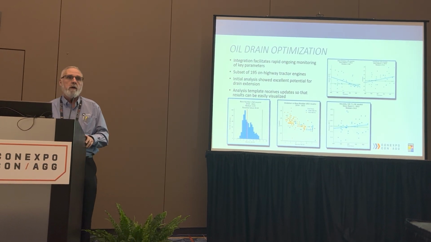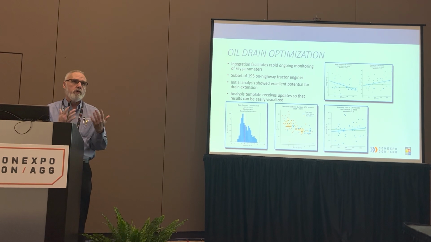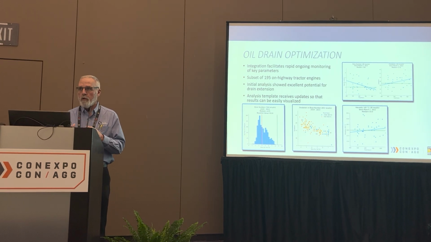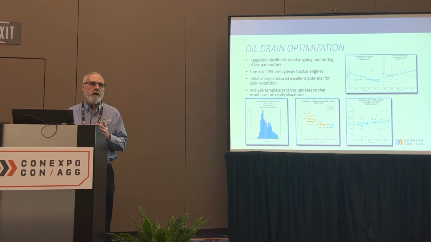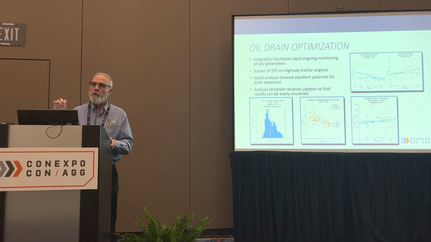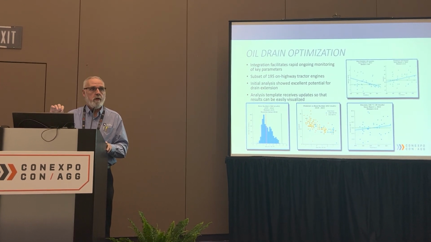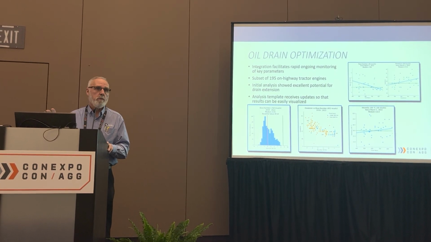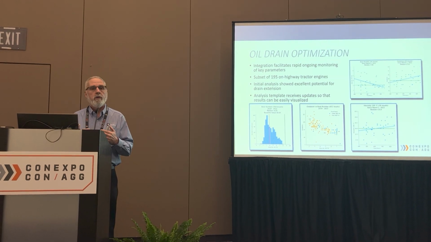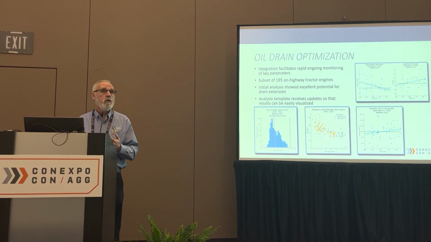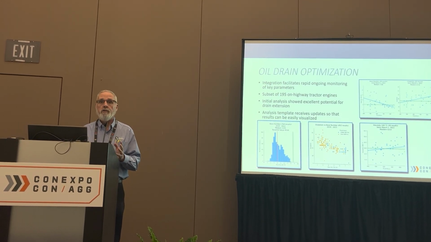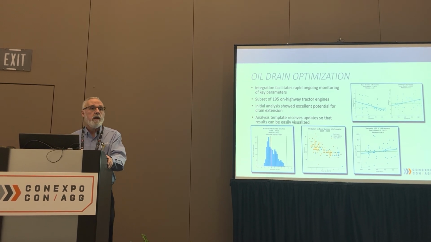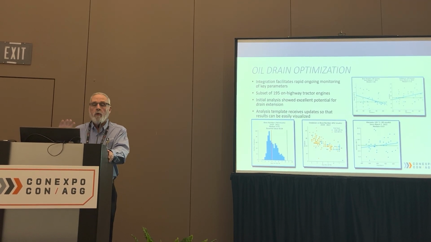Their other pain point was truly understanding what their drain intervals should be. Since they were able to pull the bulk sample data, and when I talk about bulk sample data, it's every single test that's performed on each component, and all the data analysts' text and recommendations and every bit of information about that component, you're able to pull it through the API in a CSV format, and then very easily create some scatter plots and histograms to look by equipment classification or component type and see how it's performing over